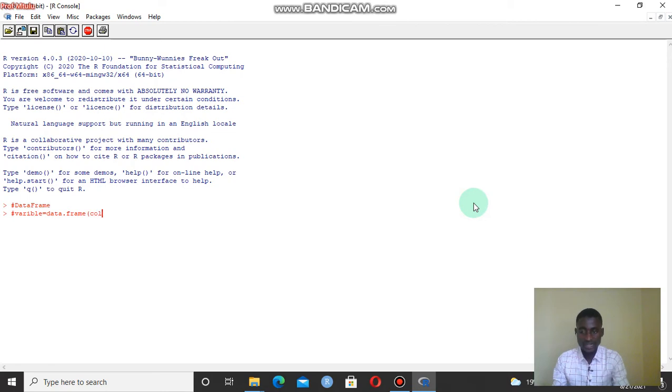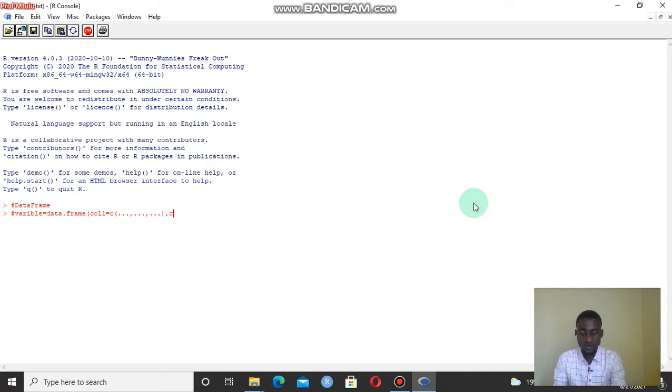So suppose I have the first column, because the elements in a data frame will be listed or printed in column form. This first column is a vector, so it will have a certain number of elements, and because of that we'll be using the concatenating function. So let's say that is my first element, my second element, and that is my third element. And remember, these are elements of the vector, and this vector forms the data frame.